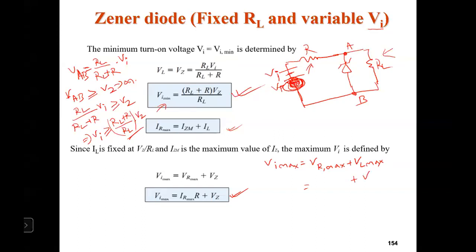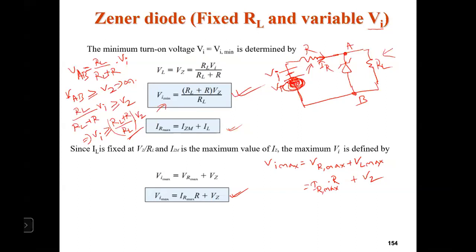Sir, VZ. Okay, then VR max can be how much? Let us say the current flowing across this resistor is given by IR. So the maximum value IR can have, IR max, into its resistance R. IR max into R. Now VZ is a known quantity, R is a known quantity, but how much will this IR max be? Again, I need to calculate this IR max.